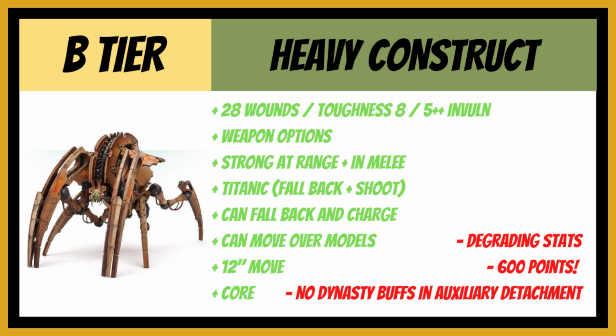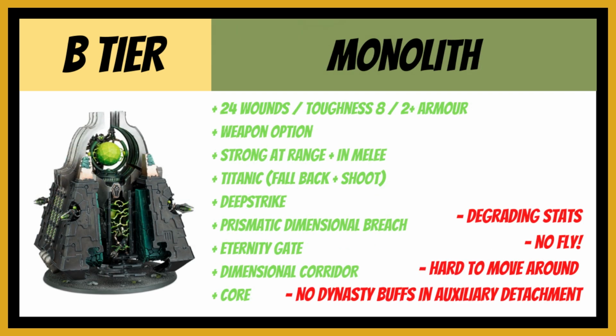So there's another unit in the B tier for me today, and it's going to be the Monolith. Now I quite like the Monolith, it's been a bit of a flagship unit for the Necrons throughout the years. Now it's got 24 wounds, toughness 8 with a 2+ armor save, so pretty resilient, quite standard with all these Lord of War models. It's got weapon options, we all love weapon options, so you're either taking the 4 Death Rays, which are strength 9, -3 AP and D3 +3 damage. We all love that as well, D3 +3, we need a bit more of that in our